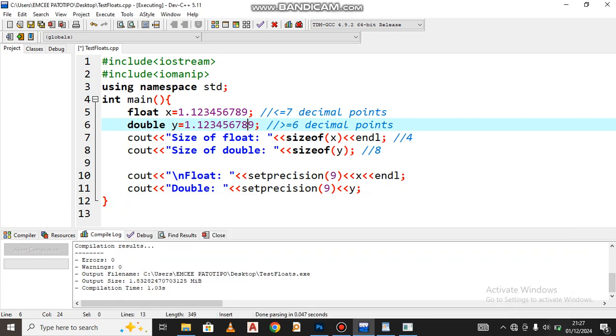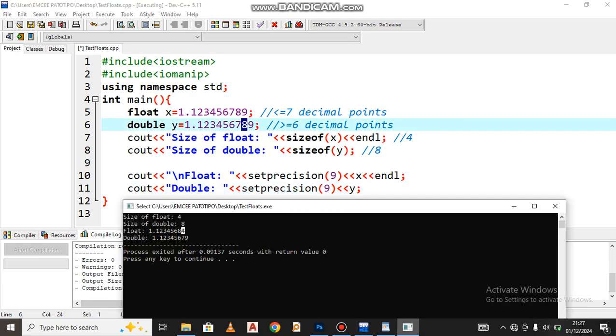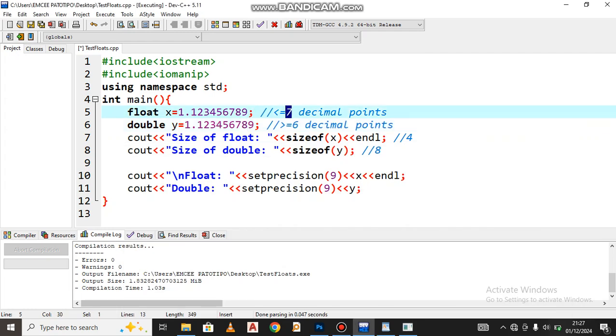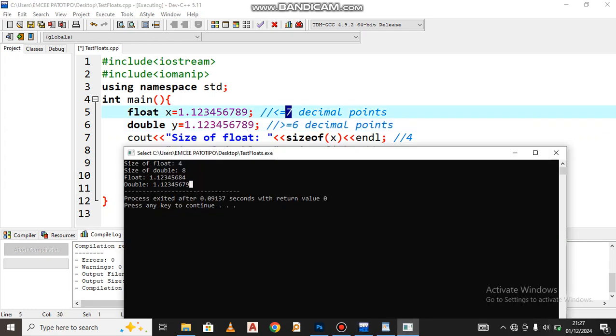Why? We want only 9 decimal points as the maximum, 1 2 3 4 5 6 7 8 9. Since this is the maximum, we automatically round off to 9. So you can easily see that float takes 7 or less, and double can go up to a maximum of